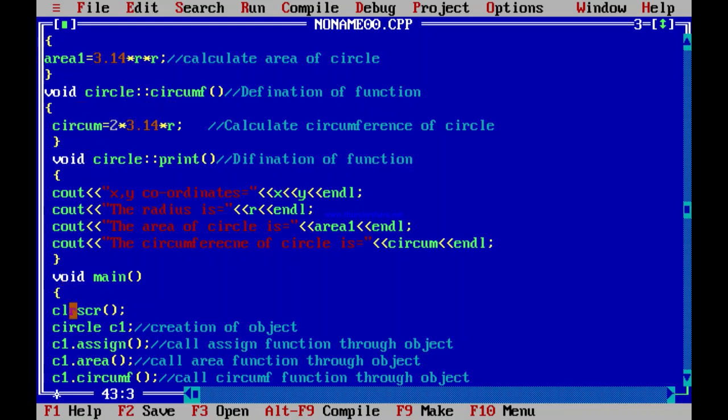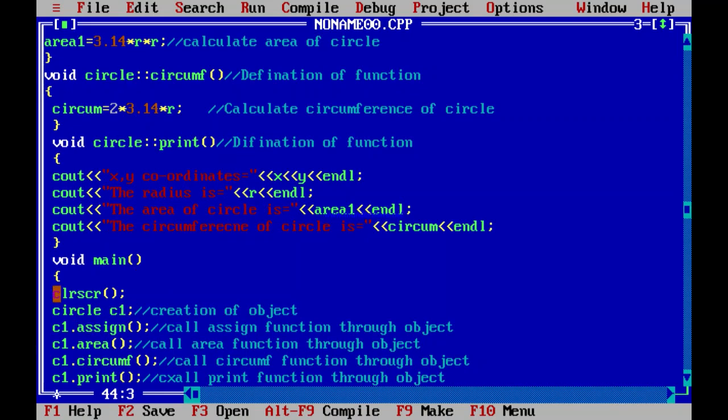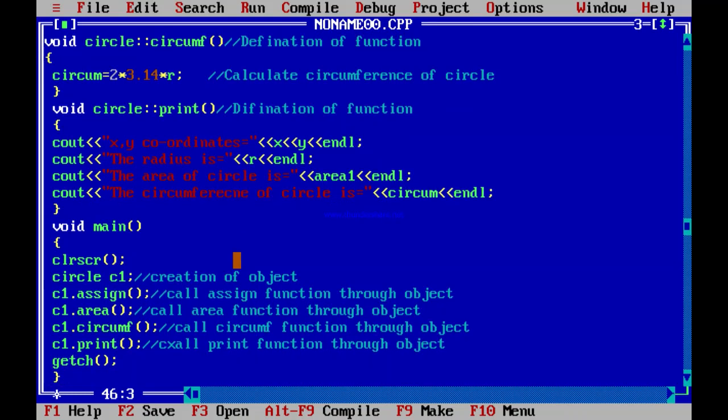And the last is the C1 dot print function. Control comes to void circle scope resolution operator print, and it displays all this data: cout the x, y coordinates, cout the radius is r, the area of the circle is area1, and the circumference of the circle is circum. When it comes to the getch, it stops the program.